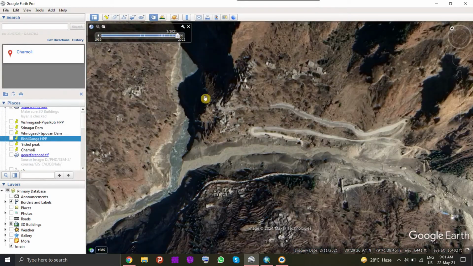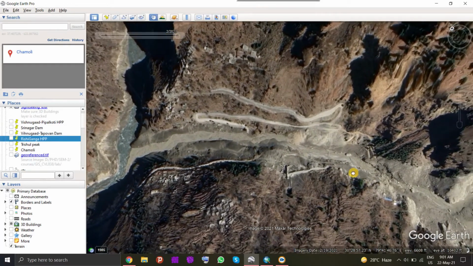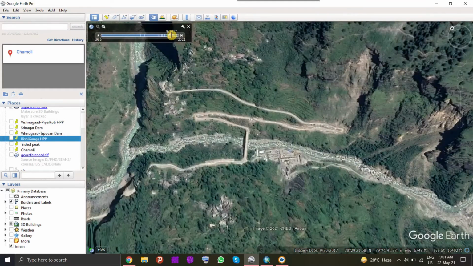But after the landslide event in February 2020, you can see that the bridge has been washed away, the road structure has been damaged, the hydropower completely washed away.